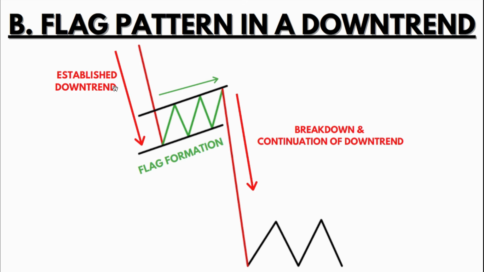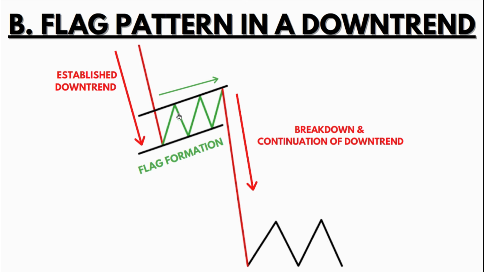So you can see over here an established downtrend is going on, and then the price corrects a little bit towards the upside. And why is that happening? Just imagine that you shorted the stock here, and the price has reached over here. That will be showing you a huge profit in your trading account, and if you exit the trade, that will trigger a buy order and the price will go up.